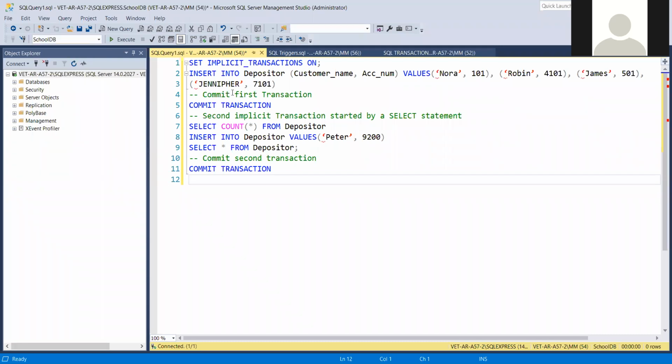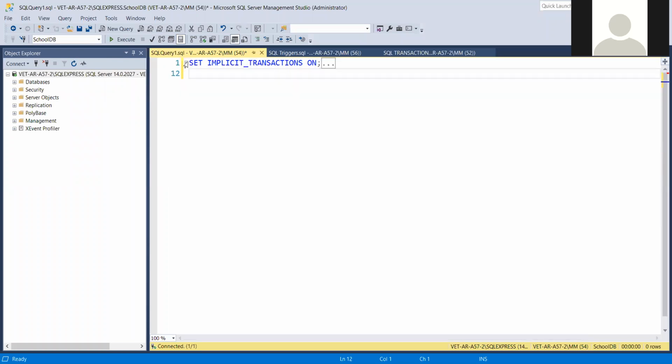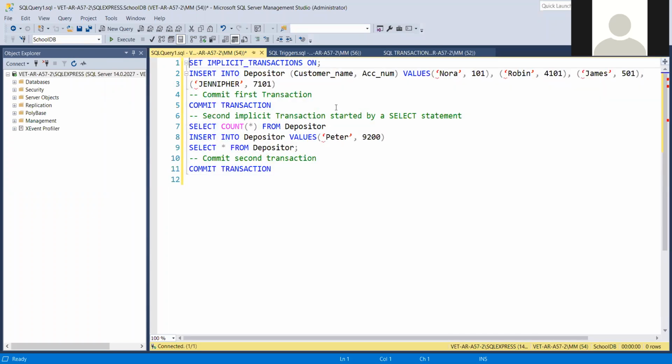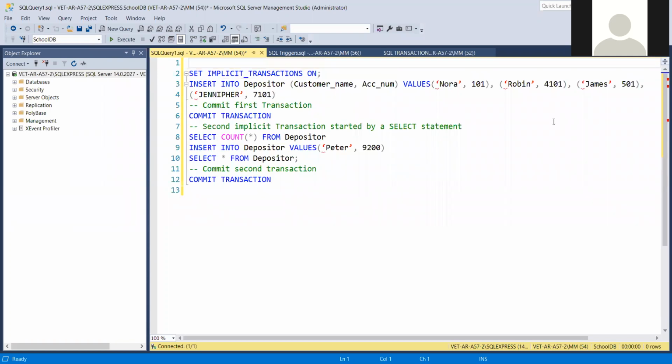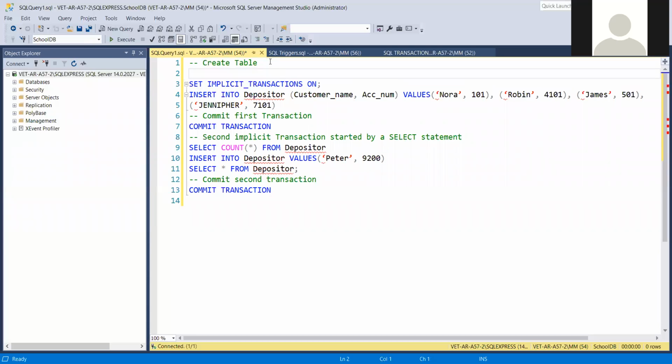Let me just create the table. The table I'm creating is the depositor table. So I'll say create table